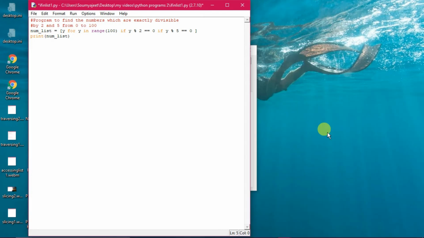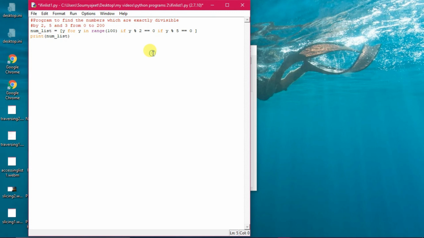The same program we will manipulate a bit. We have seen 2 and 5, and if you want to add a third criterion, that also can be added. Suppose I want 2, 5 and 3 also, from 0 to 100. All right, I'm increasing the limit a bit, 0 to 200 I'm making.